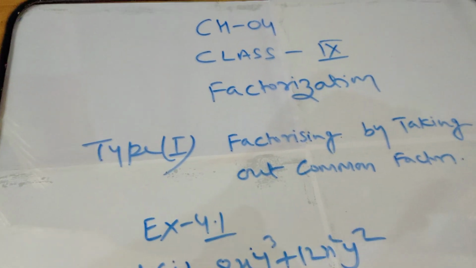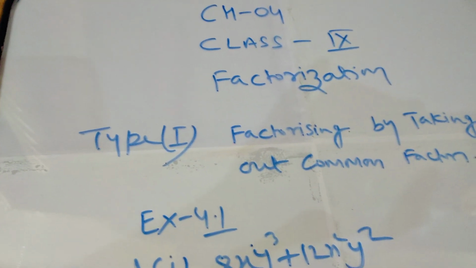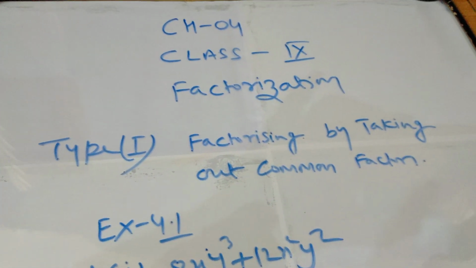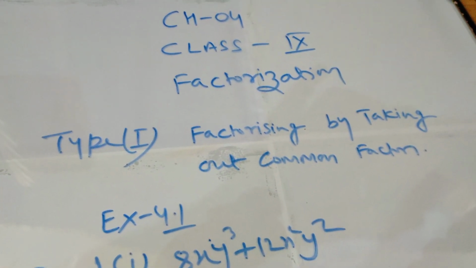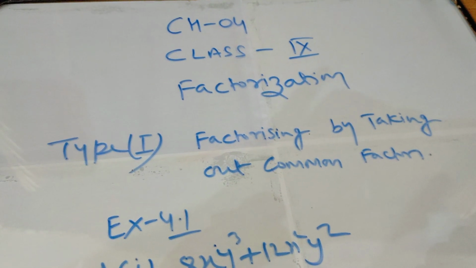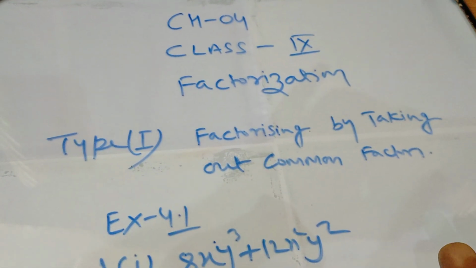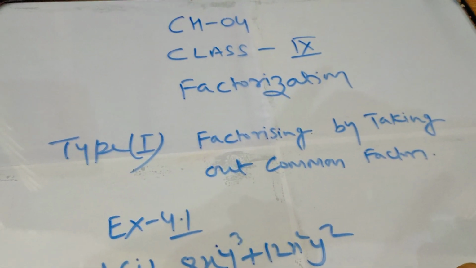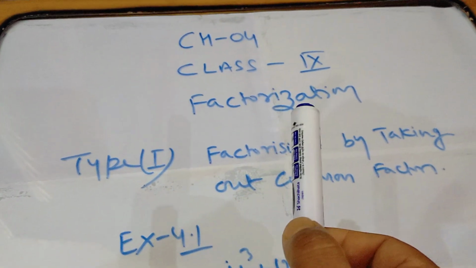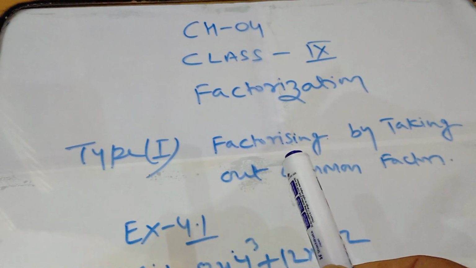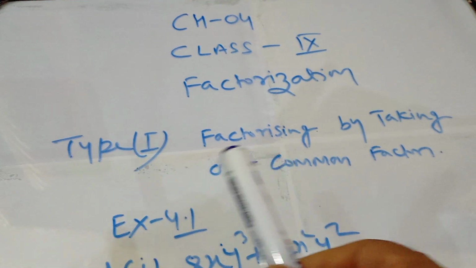We have successfully completed chapter number 1, chapter number 2 and chapter number 3. We have seen how many questions are coming from these particular topics in a board examination. Today I'm going to start the next topic. The name of the chapter is factorization, that is chapter number 4. In this chapter many types are given, and accordingly we have to learn the factorization part.